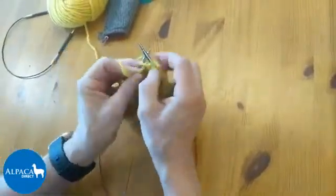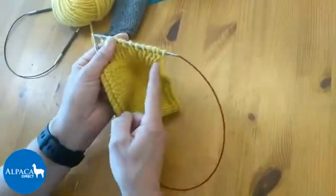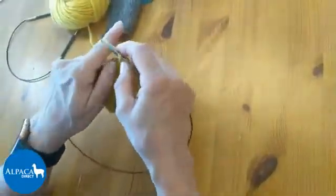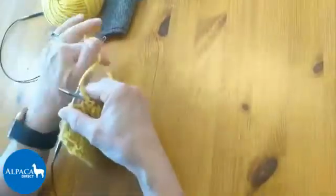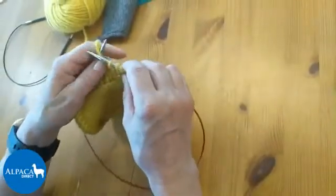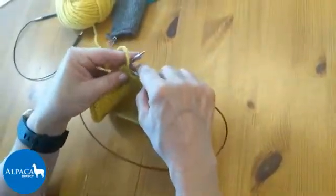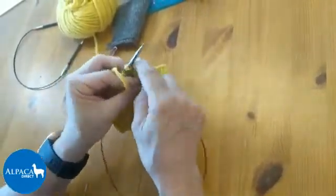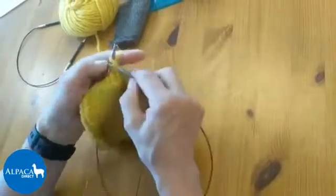The one thing that you want to remember is if you're going to decrease a stitch, don't decrease it right on the very edge, because the last thing you want is this to suck inward. So you don't want to give it any reason to suck inward. Because I don't have very many stitches, maybe I would go back and say, okay, because I can only decrease a couple stitches, I'm going to go back and possibly do 5 stitches, and then I will decrease 1. What I'm trying to do is put the 2 decreases kind of in the center, and it doesn't have to be perfect. So I'm going to do 5 more stitches in pattern,